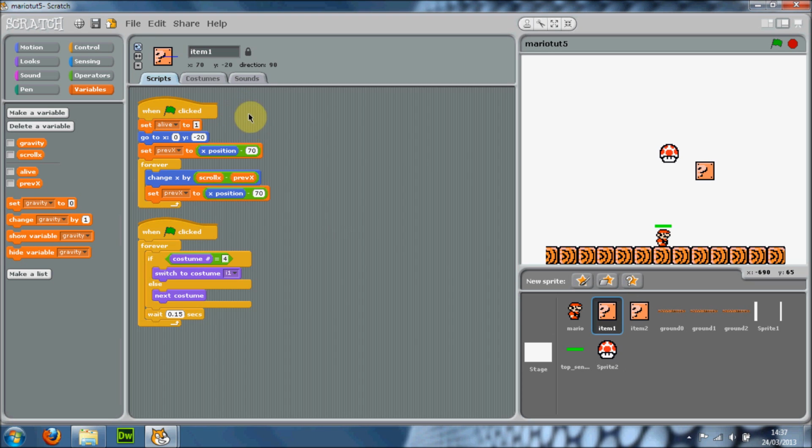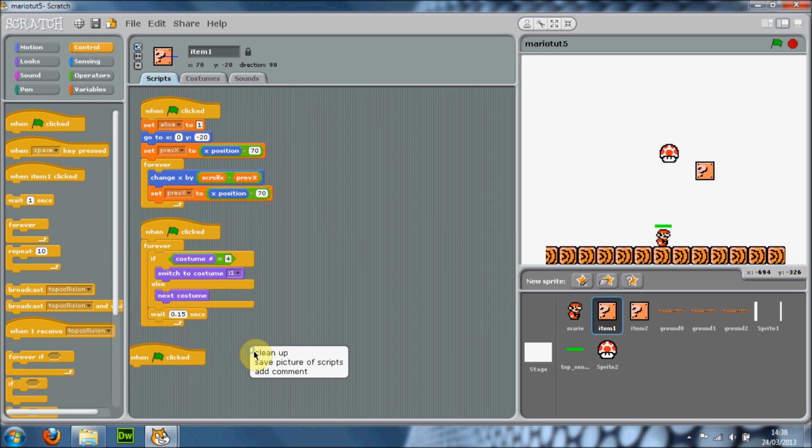So to start with, we want it to be alive because it's moving, and when it's alive it's going to be sort of rotating like that, and then when we hit it, we're going to kill it basically. Anyway, so yeah,